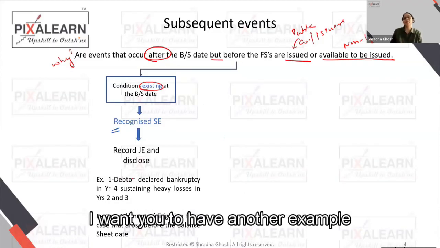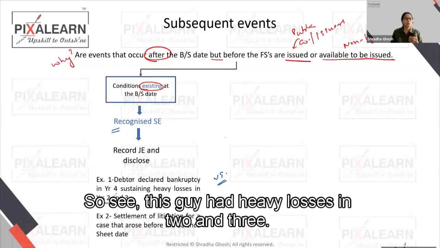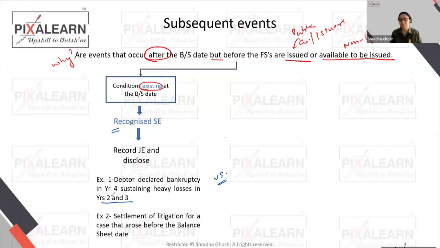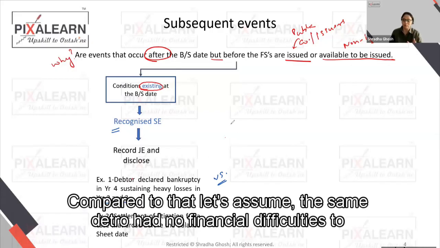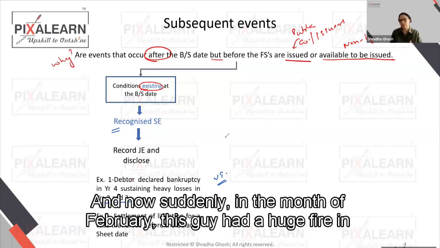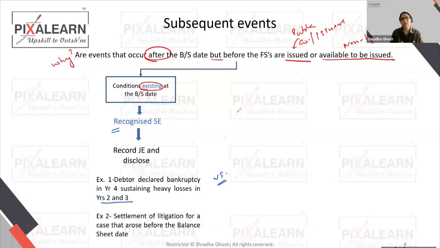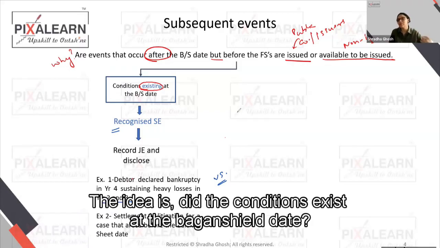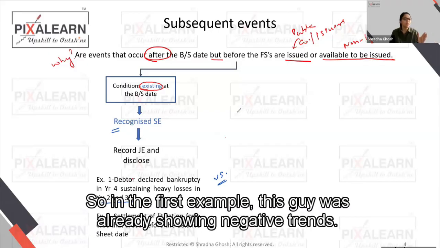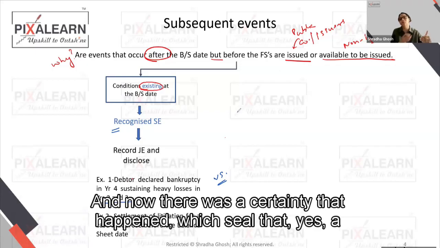Now, I want you to have another example. See, this guy had heavy losses in year 2 and 3. That means there was a decreasing trend of profitability, and now this guy filed for bankruptcy. Compared to that, let's assume the same debtor had no financial difficulties till 31st December, and now suddenly in the month of February, this guy had a huge fire in his factory, and he declared bankruptcy. Can you compare the two situations? The idea is, did the conditions exist at the balance sheet date? So, in the first example, this guy was already showing negative trends. We were already aware that this problem might arise, and now there was a certain